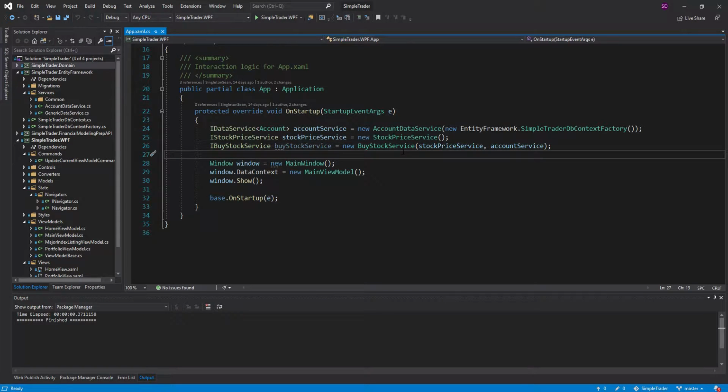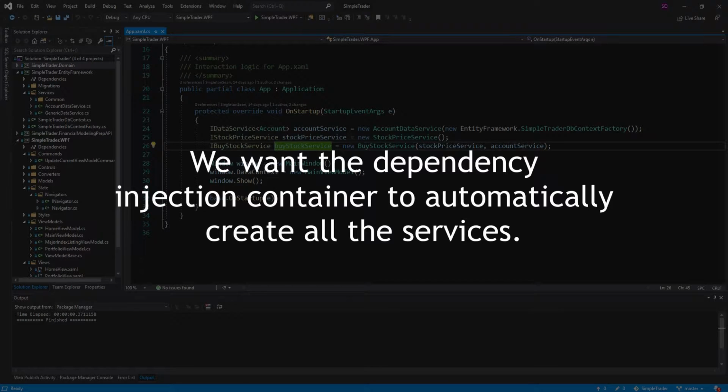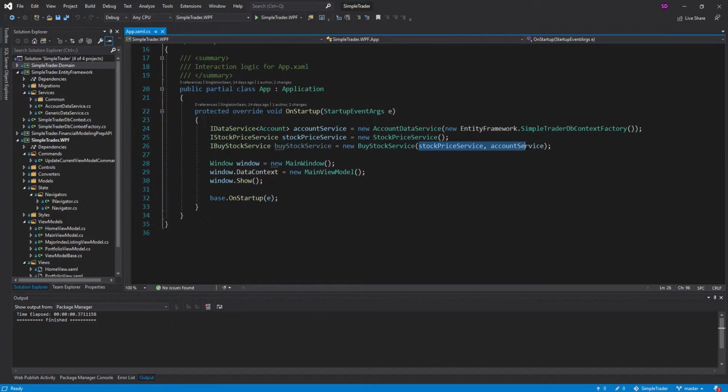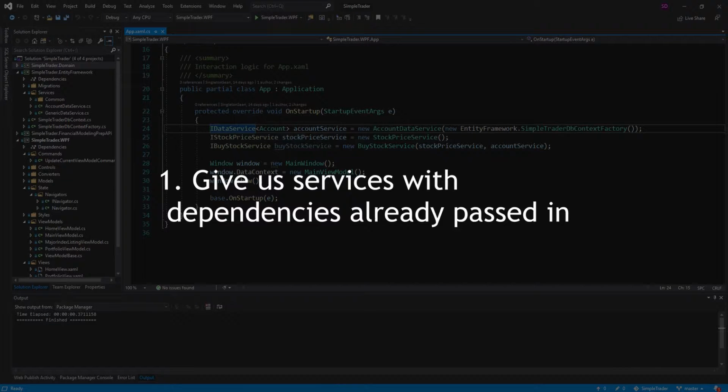But ideally what I want to do is I just want to ask for my buy stock service from somewhere, and that somewhere is going to be my dependency injection container, and it'll give me the buy stock service with all of its dependencies passed in already, so we don't have to do this manually. And that's going to give us two benefits. So it's going to allow us to ask for a service with all the dependencies already given to us,